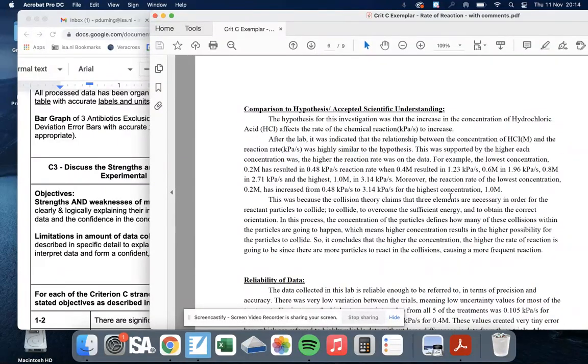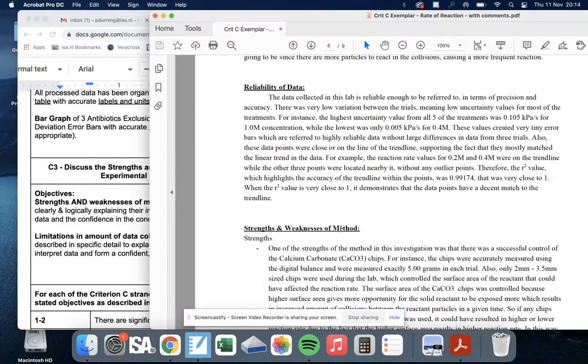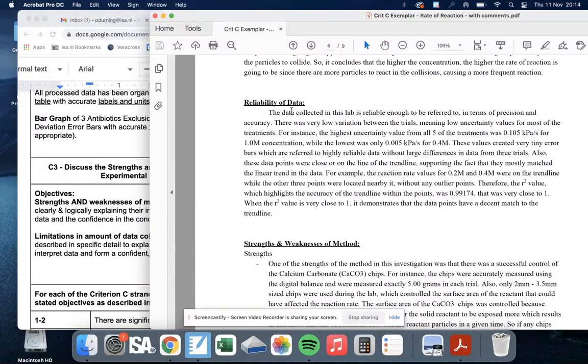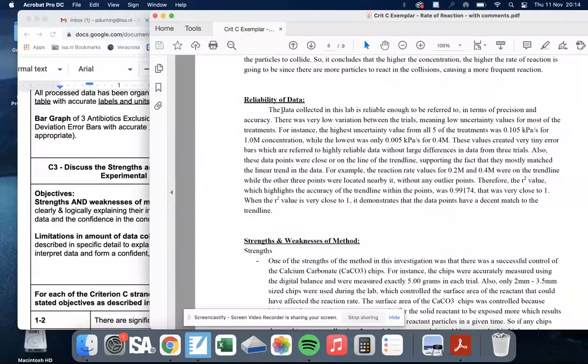So if we look at the exemplar lab report, they have a section on strengths and weaknesses of the method. They also have a section up here on reliability of data. So this goes back to discussing the limitations in the data or the strengths in the data. In this case, the student chose to discuss the reliability of the data first, which meant they were discussing how closely their data points matched their trend line, and how big their uncertainty or error bars were